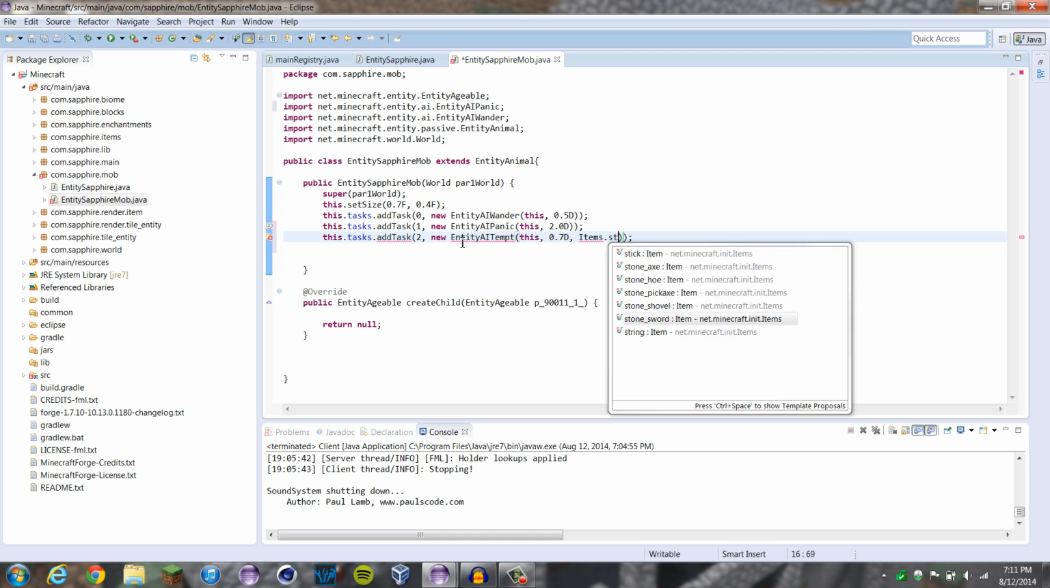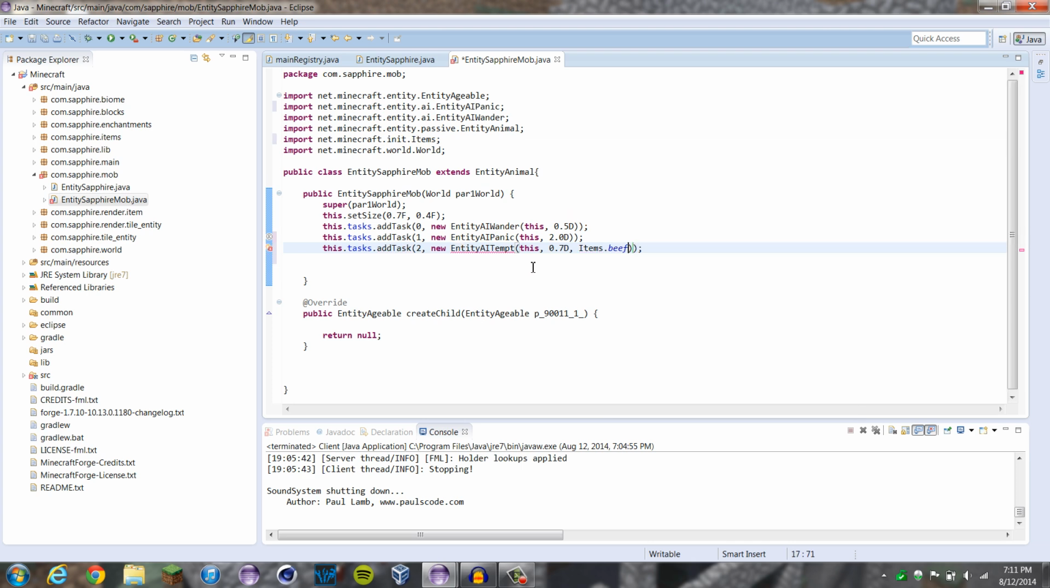Oh, nope, that's wrong. Meat, melon, oh wait, yeah, beef. Let's do beef. I think that's raw beef. Is it? No, that might be cooked. And then,